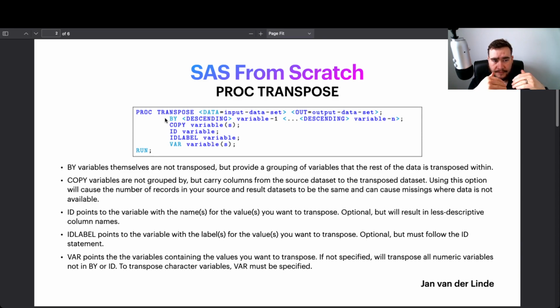The var statement is the values you want to transpose. So let's go back to our example of the labs data set. We know that ID is going to point to PARAMCD, the short name. ID label will point to PARAM, that is the longer name, fully written out, the proper label for the parameter. And var is going to point to, for example, the column where the value is actually being stored. So in the case of the LB domain, that's going to be the LBSTRESN column, for example. And that's where that number actually sits, which says, look, I've got an albumin value of 32, whatever, U over L or whatever it might be. I can't remember what it's measured in off the top of my head. But either way,